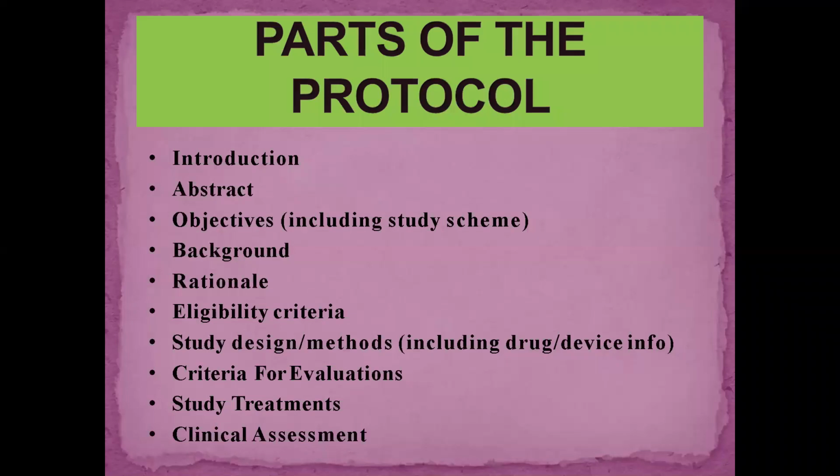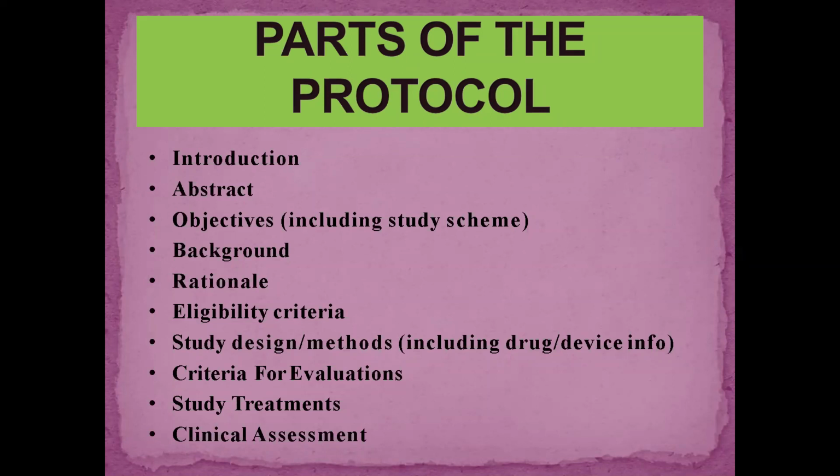Now coming to the parts of the protocol, this is how typical protocol headings look, especially for clinical research. There should be an introduction to the topic and an abstract. What is the overall abstract of the study? The objectives, including the study scheme, the background. It's again a little bit of introduction, but here specifically you talk about the subject and the rationale, as I told, the rationale, or we can also say the need for the study, and also the eligibility